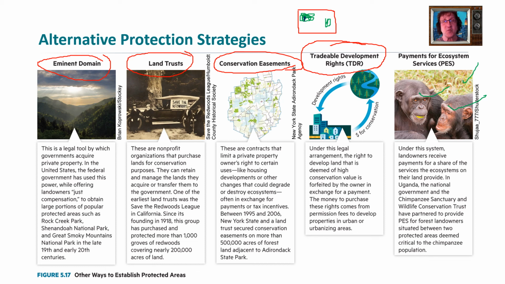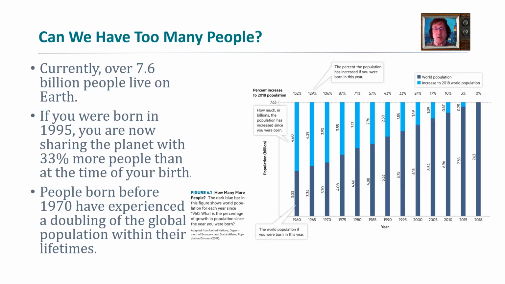So there are various ways we could approach conservation besides just saying we can't touch anything, which is more preservation. And we can do preservation too in this, particularly when we look at ecosystem services and what land trusts can do for us. So for the test, please read the chapter or go through the PowerPoints. It's probably just easier to read the chapter. Read the chapter summaries. Look at some of the major topics in each of these chapters.